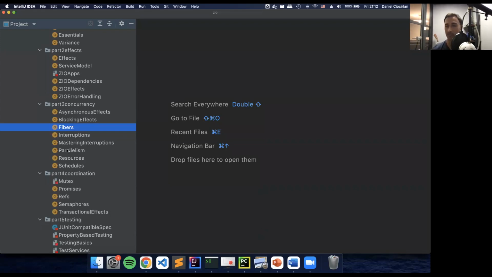And explore more complex computations such as racing and all that good stuff. So fibers are the core aspects that will enable concurrency. And then I will dive into parallelism and the resource model, which is quite frankly what gives ZIO its pragmatic aspect. So the ability to acquire and release resources regardless of what those resources are and the asynchrony of it. And so putting that aside and programming just in terms of what you can describe regardless of how those things are implemented, this gives ZIO its pragmatic outlook.